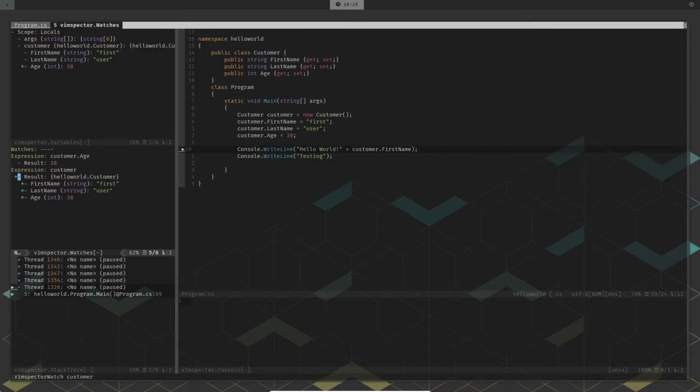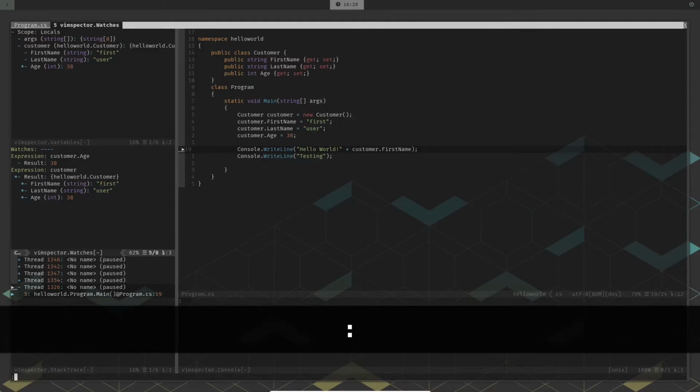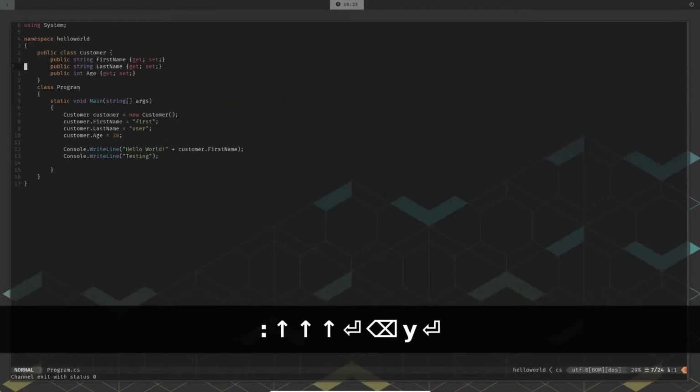So there are two concepts here. One is the local scope, where I can see all variables that are in local scope, and the other is the concept of watches, where I can set explicit watches that I want while debugging. With that done, I could continue hitting F5 and finish running the program normally, or I could stop my debugging in between and reset my debugger. To quickly reset my debugger, let me type Vimspector reset, and it will ask me if I want to terminate the debugger. I choose yes, and it has terminated the debugger for me. So that's your quick overview of basic debugging.